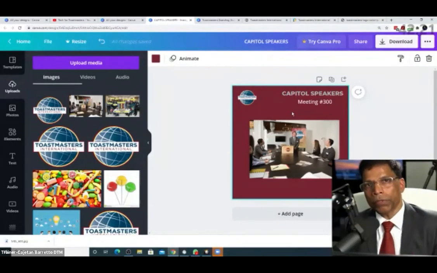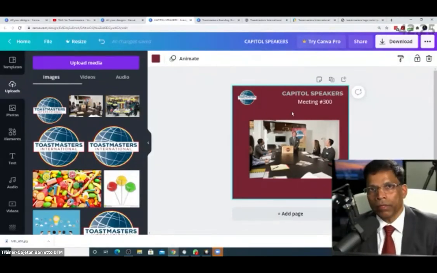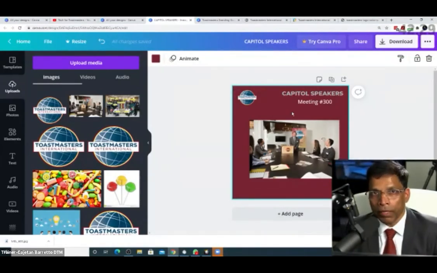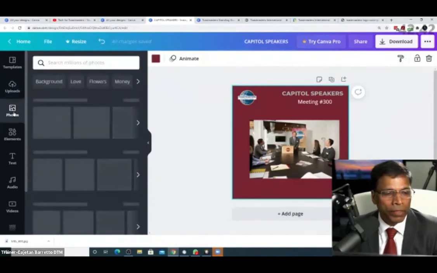So the first option, use photos from your club environment. Second, go to the Toastmasters brand portal and download any photo of your choice that is available to you. It's free. And the third option you can do is to use this option available in Canva.